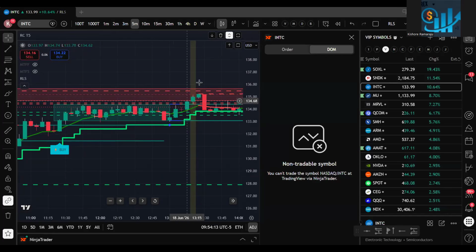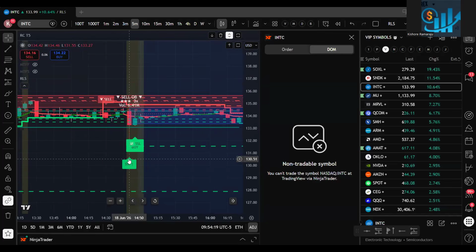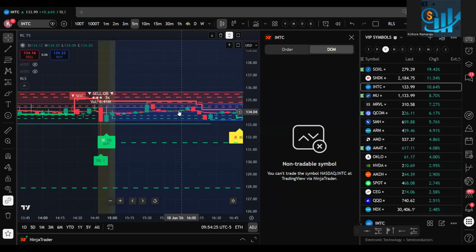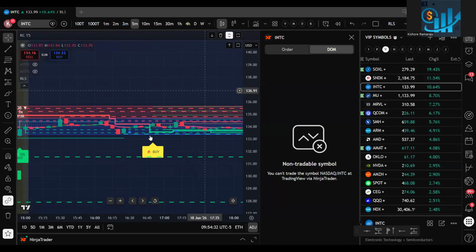But later it broke the consolidation, went further high, and then again it was in consolidation. So in the last few minutes again it did a sell side liquidity. We got a sell side buy. But because it is already 245, 250 before a long weekend, it stayed consolidated. But mostly we'll see a nice continuation on Monday morning.